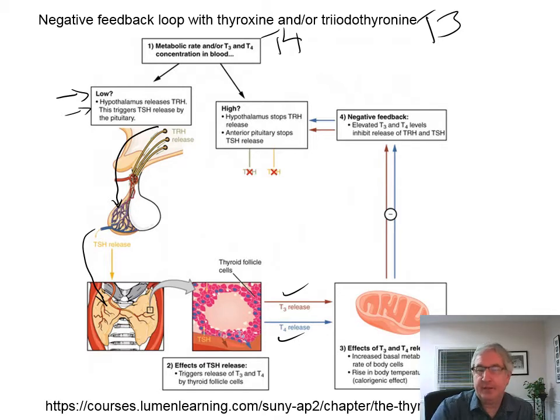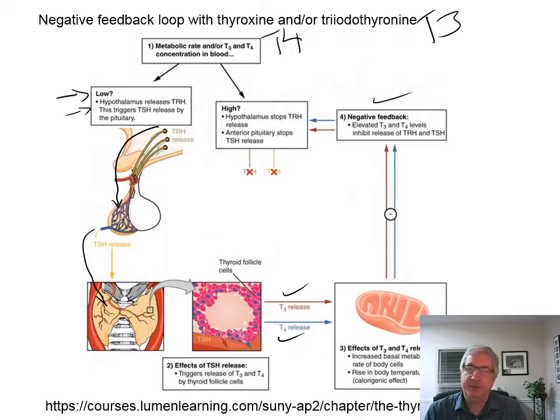Those two thyroid hormones, the effects of them on the body are that they basically just increase basal metabolic rate of body cells. Also, you get a rise in body temperature. So then, as that occurs, and the elevated levels of T3 and T4 have occurred, you start having negative feedback